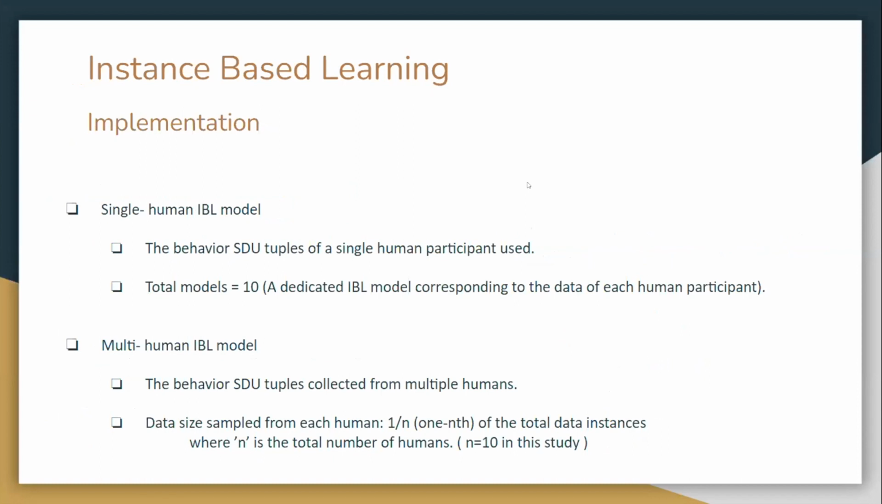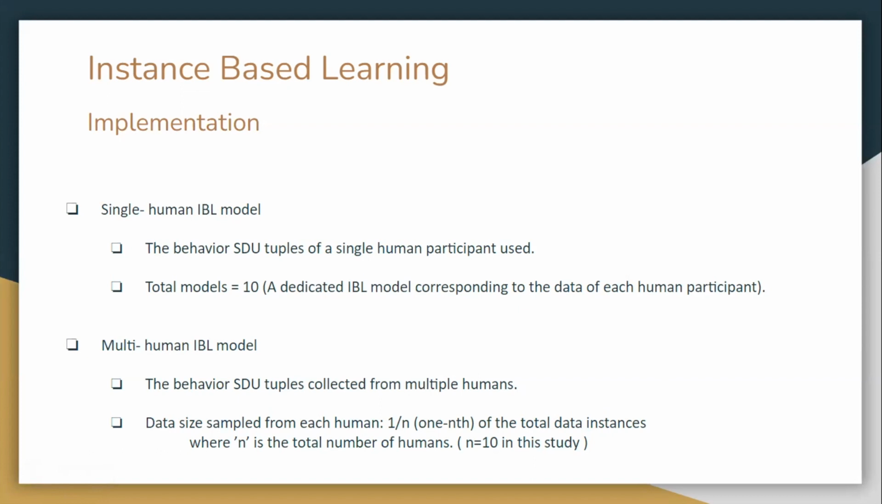So we prepared two types of models in this study. One was the model which was initialized using a single human's behavior tuples, a single human's behavior data. In the study, we took 10 human players, so there were a total of 10 single human models prepared. There was also one multi-human model prepared in which we sampled 1/nth of the data of each human and